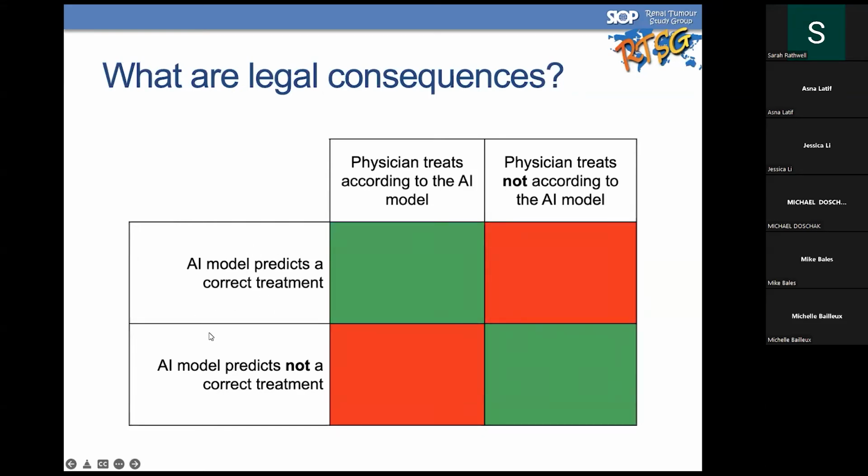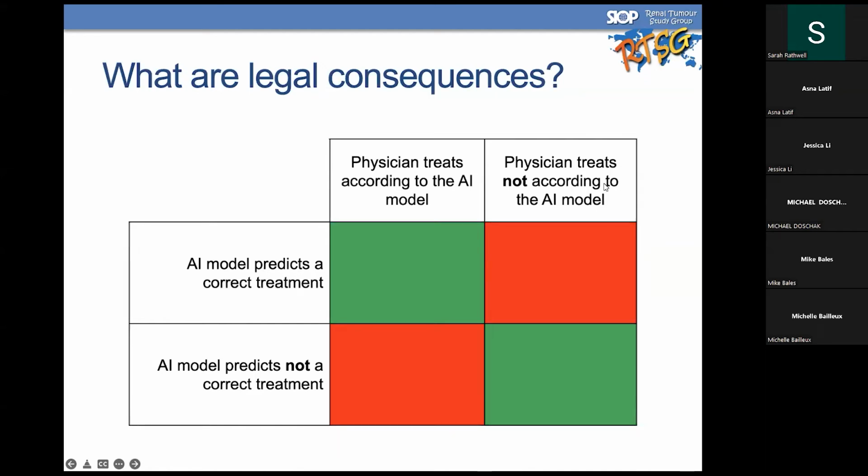And if the AI model is predicting a correct treatment and the physician treats according to the AI model, everything is fine. And if the AI model predicts not a correct treatment and the physician treats not according to the AI model, it's all fine. But what happens if the AI model will predict the correct treatment and the physician says, no,